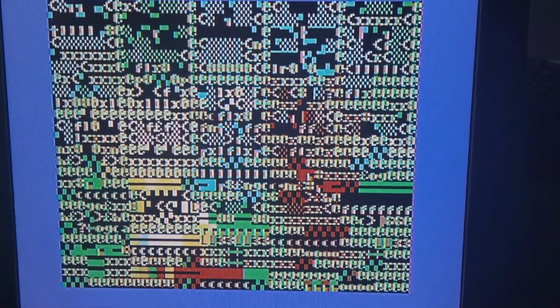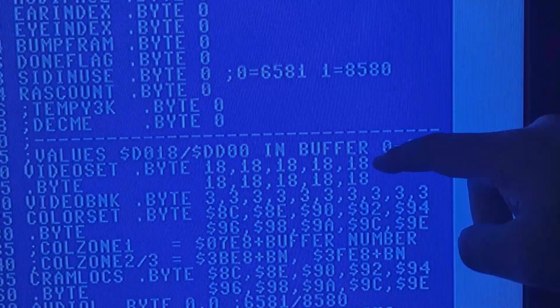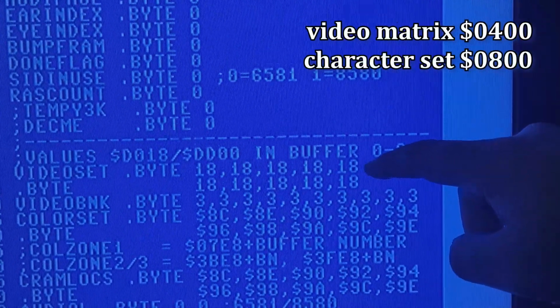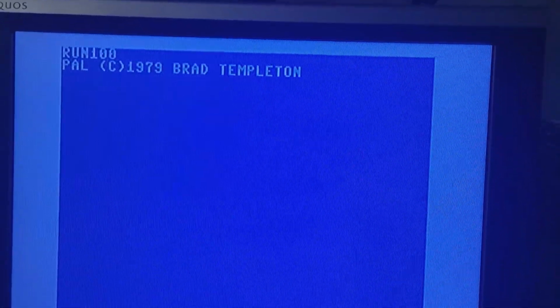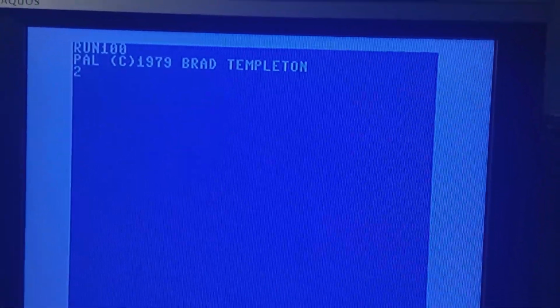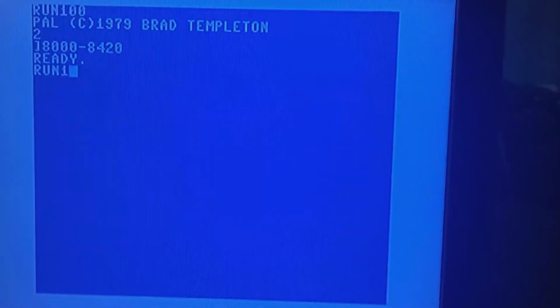Well, I might have to choose a different value. Or I could fudge a solid block setup so I can just see the colors alone. Let's try that. All right, so now character set is at 0800, video matrix 0400, of course. I have part of my initialization clearing out 0800 to 1000. So my program is going to be toast the moment I run it.